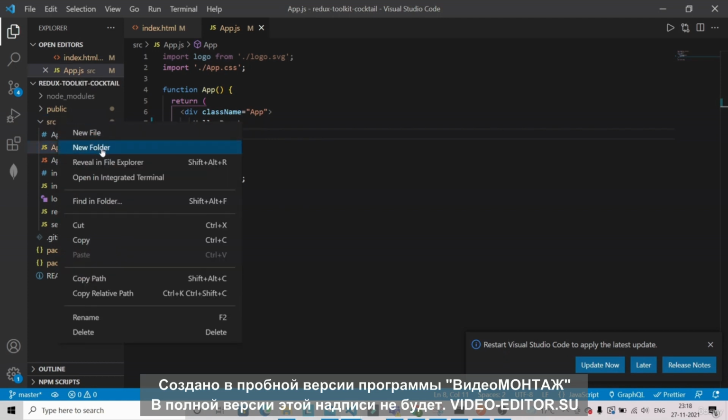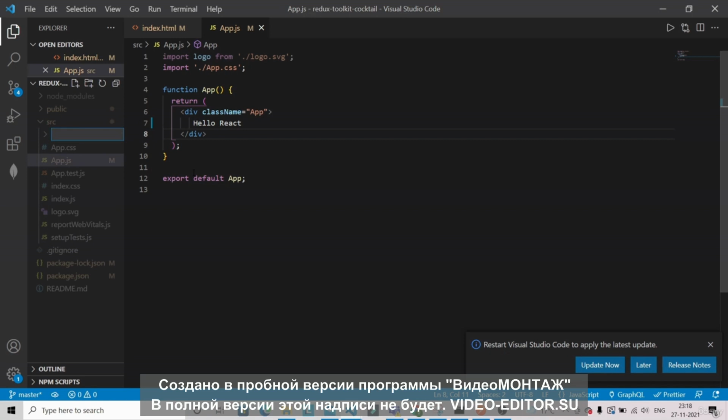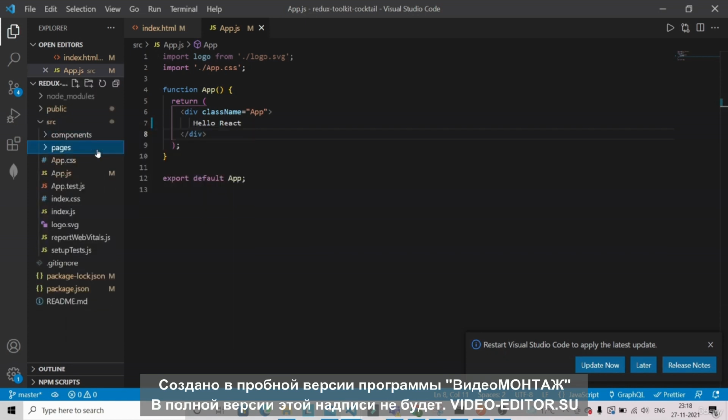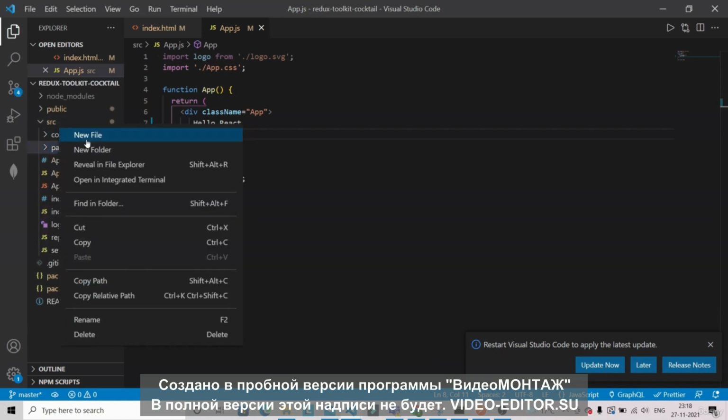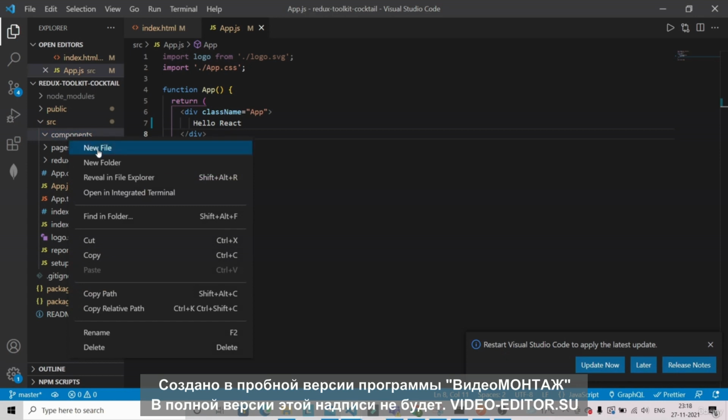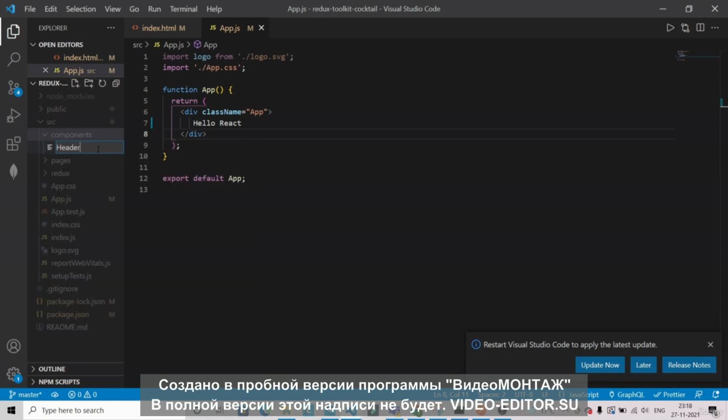I'm going to create a folder for the components. So we are going to have one folder for components, then one folder for pages, and the last folder will be redux. And in the components folder, we are going to have some files. So first we will be working on the header file, header.js,